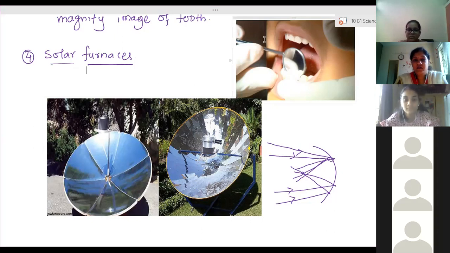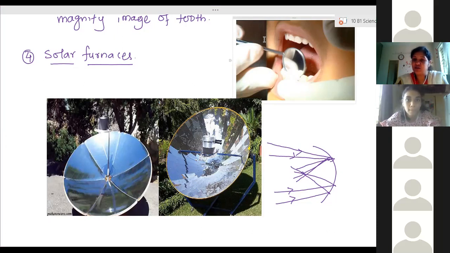Ma'am, but I think that the normal fossil fuels give out more heat than this. Just now I told you wood can be burned within seconds. Yes, ma'am, but the designing has to be done properly. Installation cost right now is very high. If it is reduced, then they can easily substitute fossil fuels. Okay. But still we don't have that much designing to properly capture sunlight.